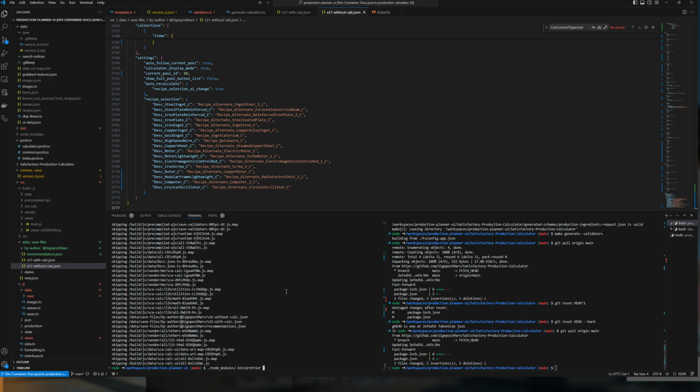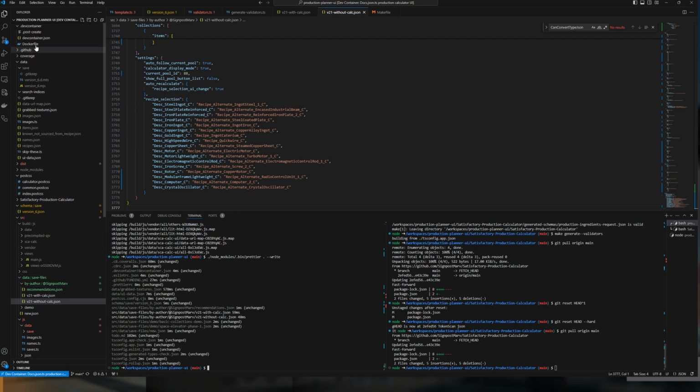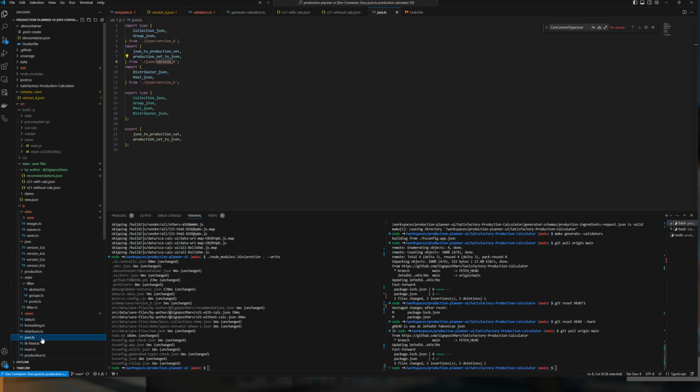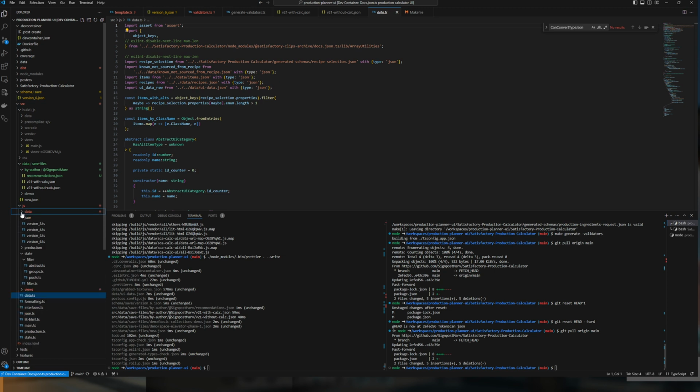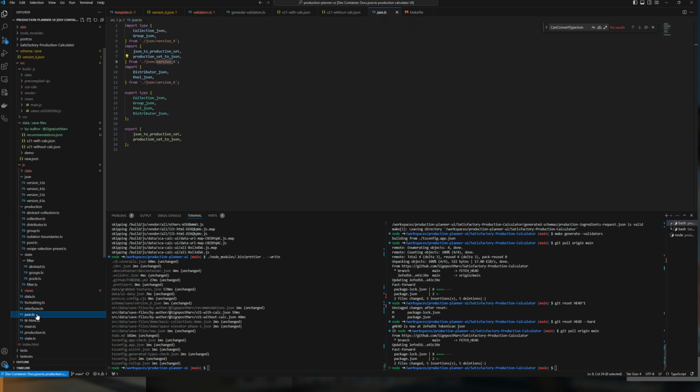So let's quickly run this. So the data's over here. The JSON schema is over here. Files relating to that are in here, and maybe in here, and maybe in here, and maybe in there, and probably around some of there. Like, I did try to put all of the JSON related stuff inside its own files,